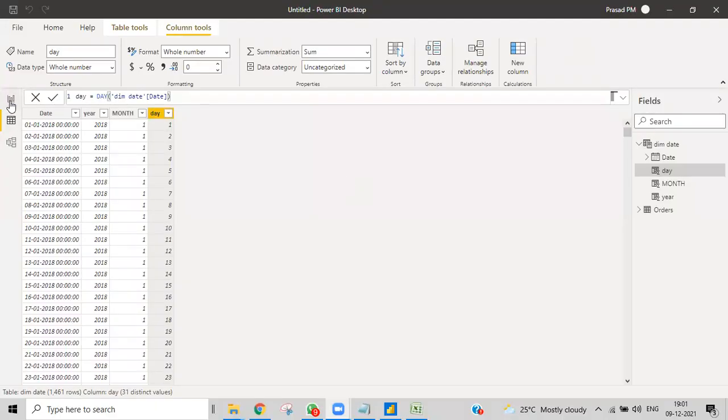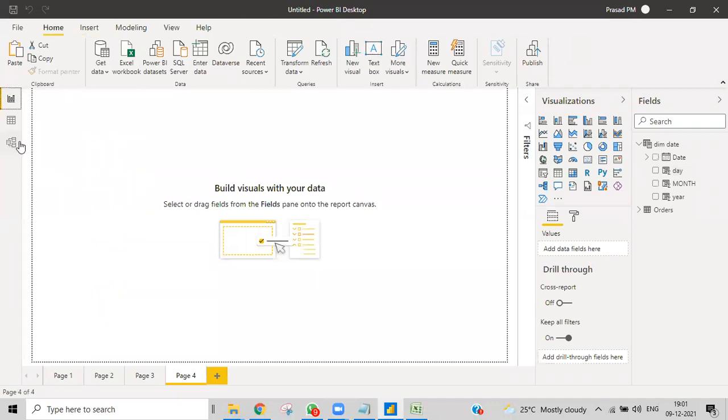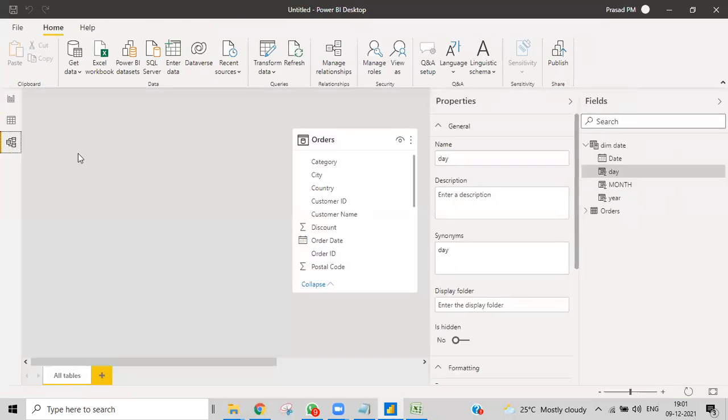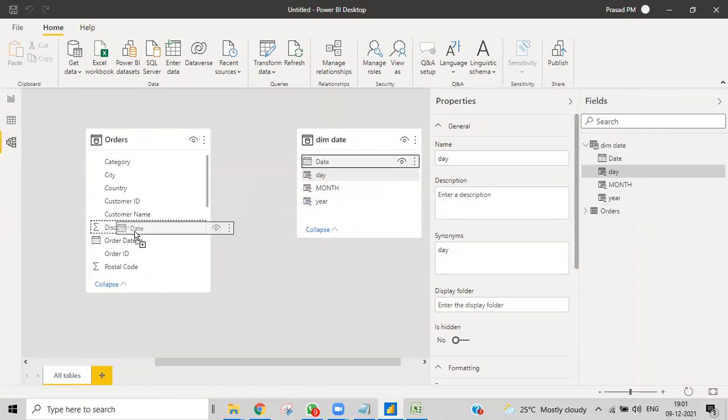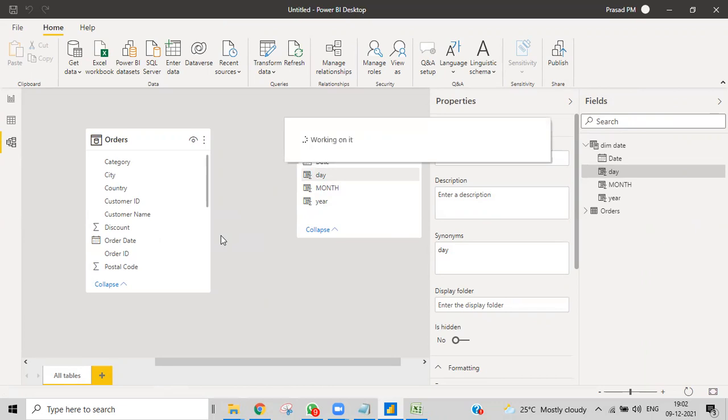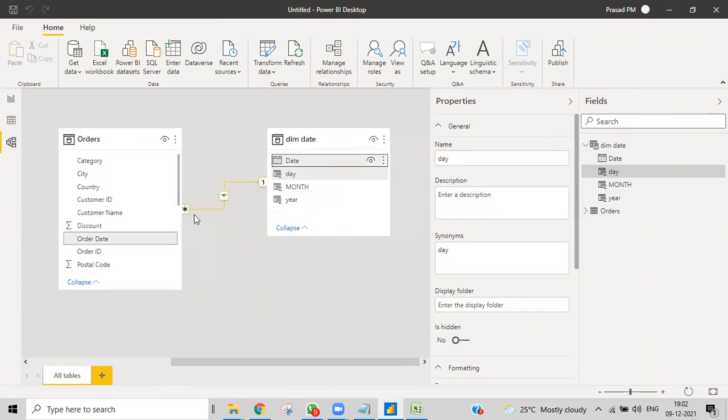So I will check with those things. Okay, so I want to go to modeling and then I need to give some relationships between the date. So what we can do, just drag the date and then drop a column where we need it, just simple like that, and then just wait for a couple of seconds, and then obviously it will create a relationship. And as I told you, you can create the relationship from here also, manage the relationships.